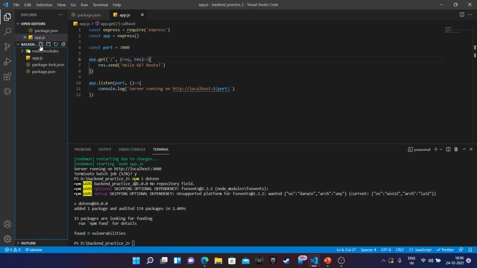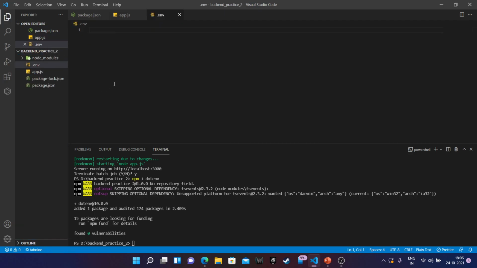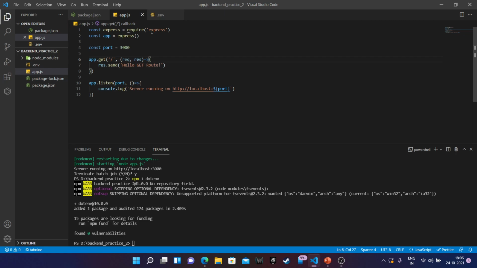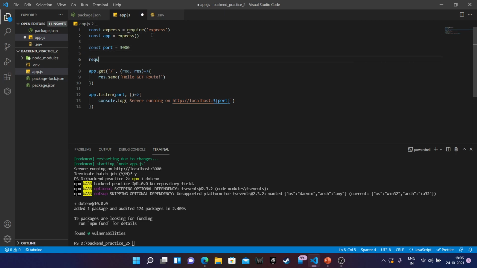This is my .env file where my environment variables are stored. I will set API equals slash API slash v1. Note that there is no need for single quotes and so on. So we'll be specifying it like that. Then I will be importing it with require of dotenv slash config.